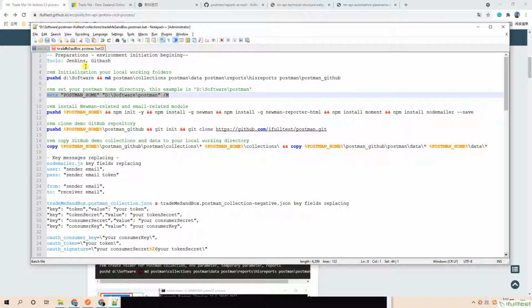The environment initiation works are as below. First, install the necessary tools such as Jenkins and Git Bash. Second, initialize this practice-related folder structure and set the Postman home directory to the Windows environment variable.